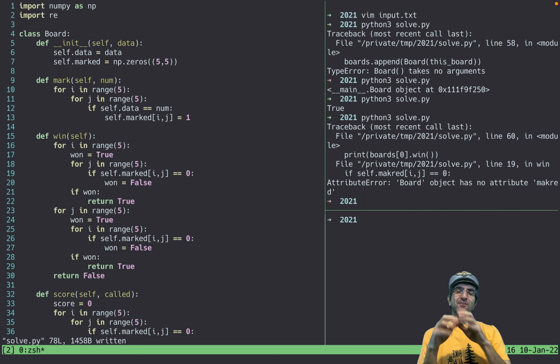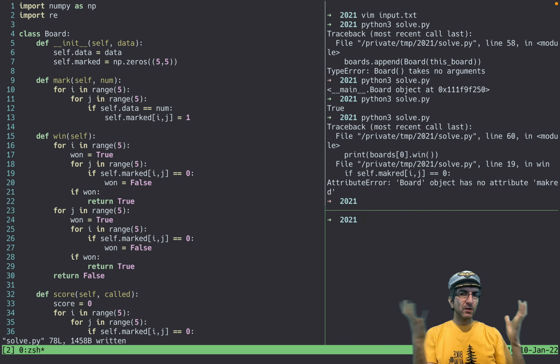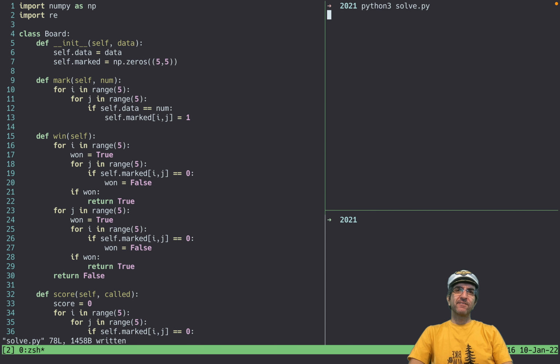So you will see that when you are programming, you will see errors. You have to debug, you have to check errors. For example, here I saw, okay, board object has no attribute marked. So this was typed wrong. If you saw someone just programming from the first to the end, you will know that they have just memorized it, or they are a guru. Anyway, let's see. But it's very normal, and you should be brave when seeing errors.